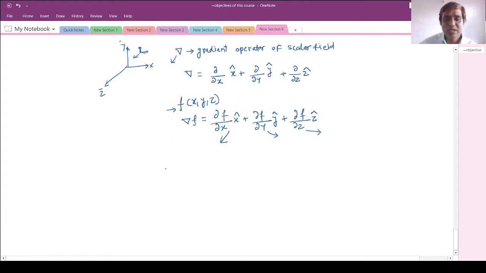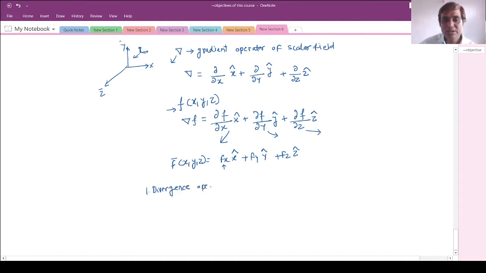Okay, so suppose I have, again, one more thing, that f bar is my vector which will be represented in 3 dimensions, that is x, y and z. So this vector I can also write as fx in the x component. So fx will be the x hat component of f bar plus fy will be the y hat component of f bar plus fz will be the z cap component of f bar. So this is my differential operator. Again, this I can define into two different operators. One is called the divergence operator.